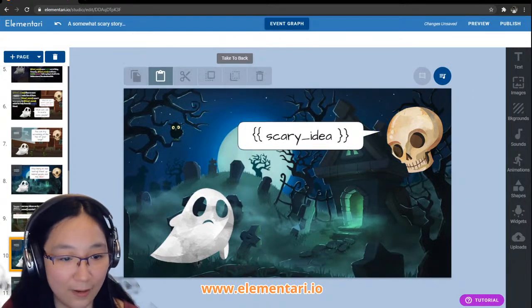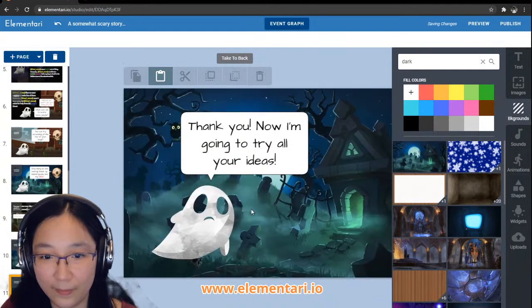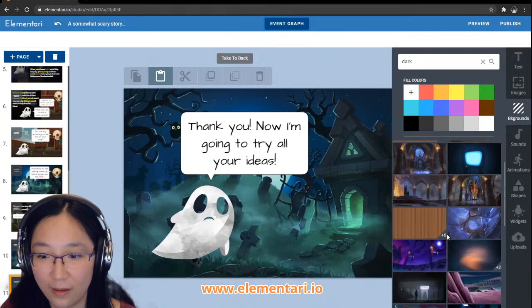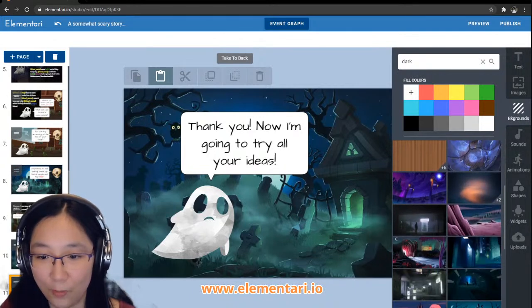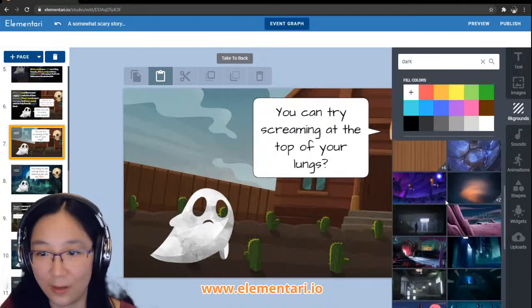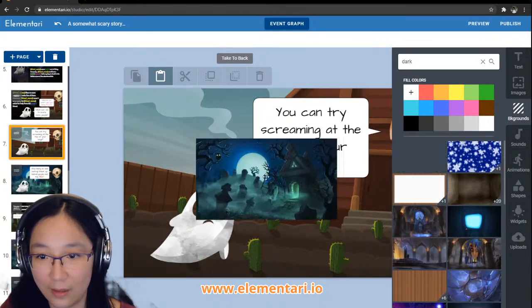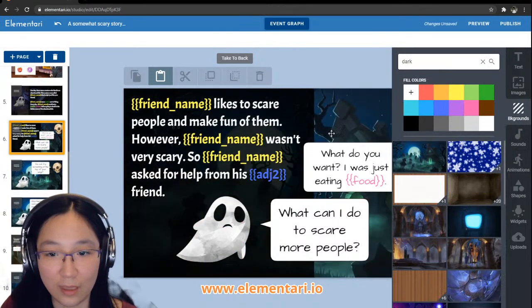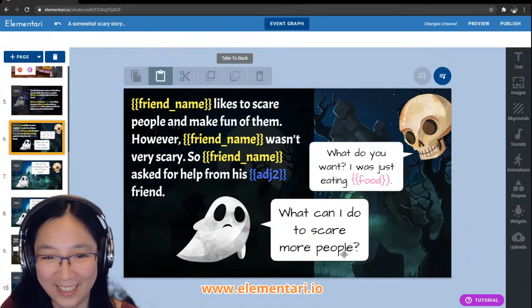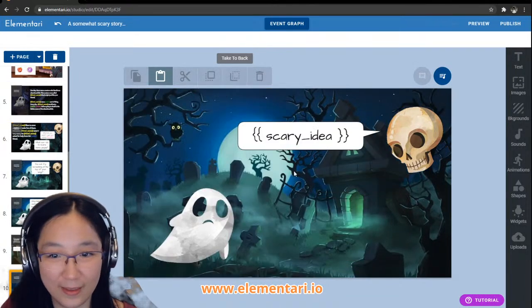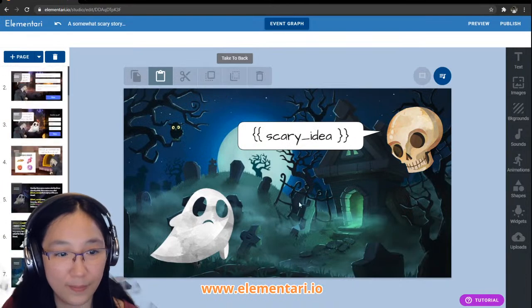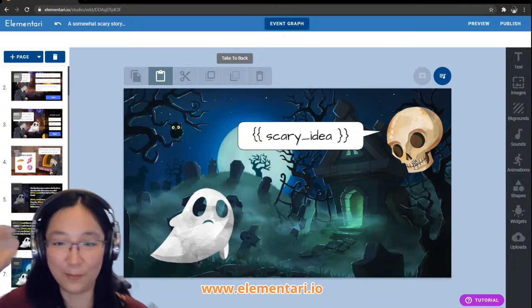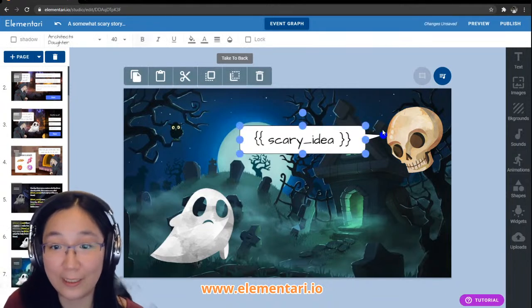Okay, let's use this background instead. The bathroom looks weird. Okay, we'll do this one. I think that would be kind of scary to have a ghost in the bathroom. And then boo. Yeah, boo. That is very scary though.